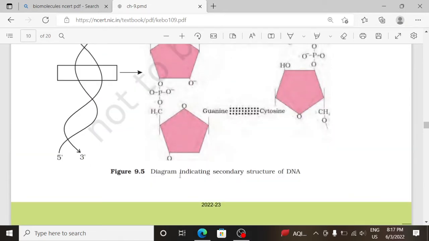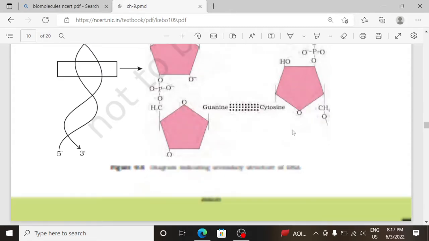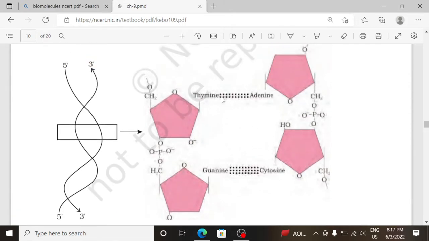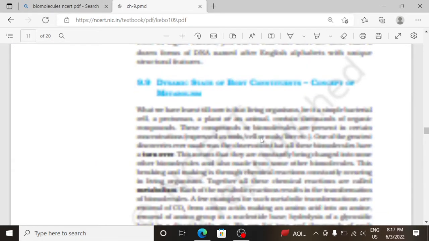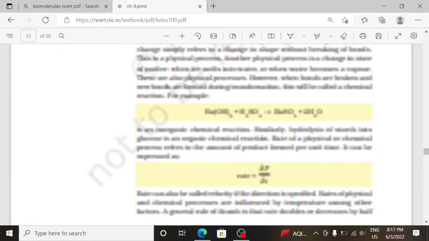Diagram indicating secondary structure of DNA. You can see the secondary structure of DNA. Here you can see the double bond of hydrogen between thymine and adenine, and triple bond of hydrogen between guanine and cytosine. Okay, the next diagram is of,